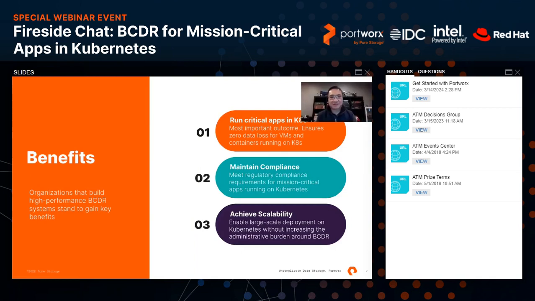Well, I think the three here are pretty much a good breakdown of what the main benefits are. But number one is probably the most important outcome. It's the whole reason we're here. We want to be able to run critical applications in Kubernetes, and you can't do that if you can't have a system in place to ensure that the applications don't lose data during recovery